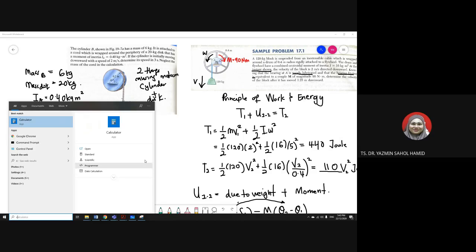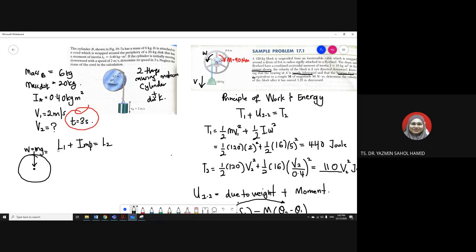196.2, okay, dah calculate dah. So 196.2 Newton. Okay. So dekat support A ni dia ada, of course dia ada AY, dia ada AX, okay. And then kita tahu dia ada radius. Okay, radius dia berapa? 0.2 meter. Kita tahu tu. Okay. Now, so for this question, okay,